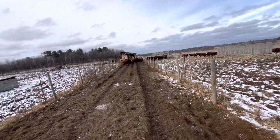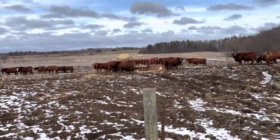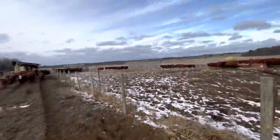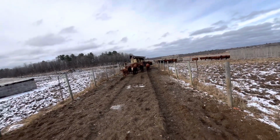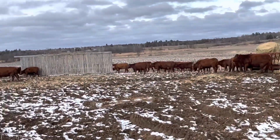All right, second group is sorted out. These are all the calves. These are all the cows. We got one cow that slipped over. Oh, there's two cows that slipped over. It's nice to sort the cows because you get to look at them all as you're going through, and we're